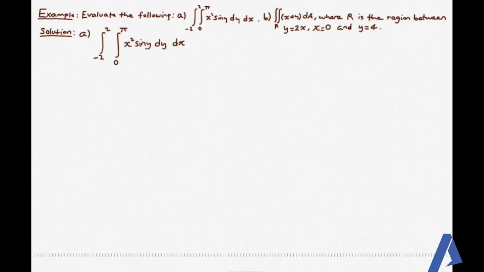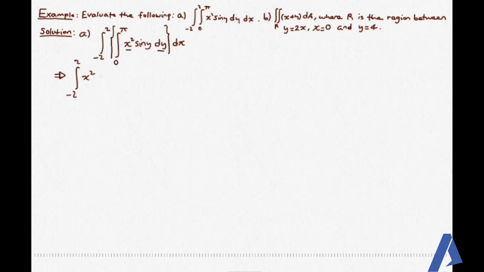of x square sin y dy dx ይላል። ስለዚህ እዚህ ጋር የተሰጠን ሪጅን እንደምናየው በጣም ሲምፕል ነው። It's a rectangle with respect to y, with respect to x ኮንስታንት ስለሆነ ማለት ነው። ስለዚህ እዚህ ጋር ምንድነው የምናደርገው? የመጀመሪያ ስቴፓችን የሚሆነው ይሄንን ለብቻው as a single integral ኢንተግሬት እናደርገዋለን with respect to y ነው የሚለው። ስለዚህ ፓርሻል ኢንተግሬሽን ነው የሚሆነው, we take x as a constant ማለት ነው። ስለዚህ this implies that the integral from -2 to 2, the integral of x square, taking x square as a constant, of sin y with respect to y